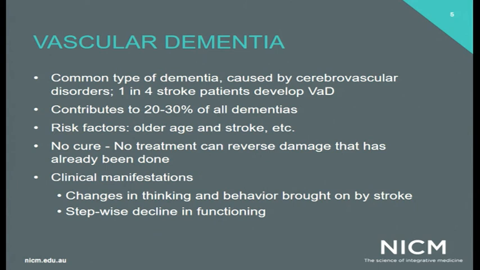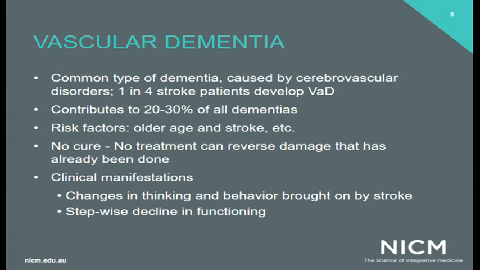So at the moment, vascular dementia constitutes about 20 to 30% of all dementia cases. In Asian countries, this percentage can be higher because, relatively speaking, Asian countries, especially China, India, and some other poorer regions, have less well-controlled cardiovascular risk factors, which means that they develop stroke more easily and earlier than some Western countries. So that's why the prevalence of vascular dementia is higher in Asian countries, or obviously some other relatively less developed